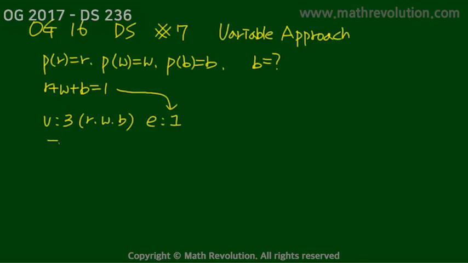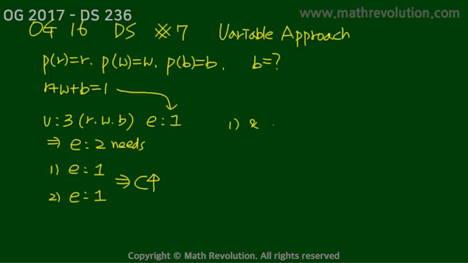In order to match the number of variables and the equations, we need two equations. Looking at condition 1, there's one equation, and condition 2 also gives another equation. So there's a high chance that C is our answer choice. So using both condition 1 and 2, we can calculate the probability of getting R, which is